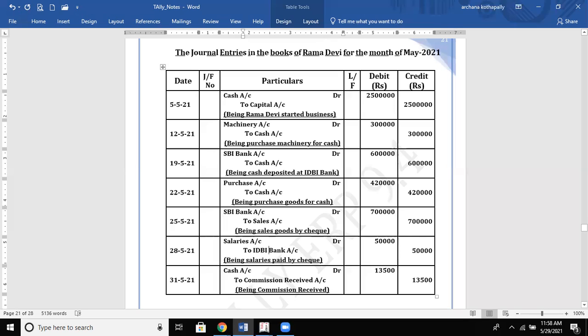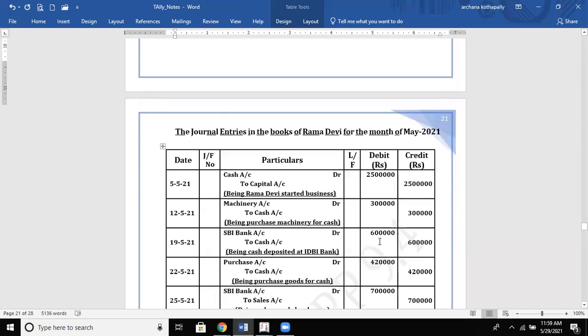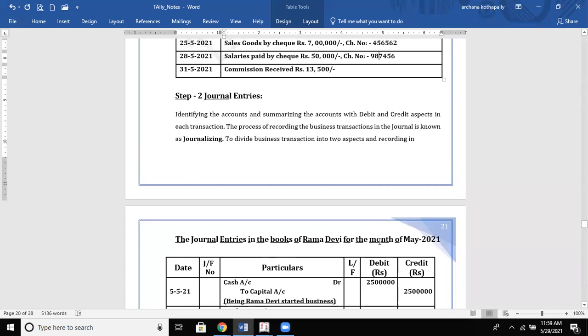Like that, she also paid salaries from her bank account. So salaries is a payment, which is nothing but an expense. So debit all losses and expenses according to the nominal principle. Then from which account is she paying? It's a bank account, which is a real account, and the rule is debit the receiver, credit the giver. Here the giver is the bank. That is why you're going to credit the bank account, and it is 50,000. Let me cross check whether it is exactly 50,000.